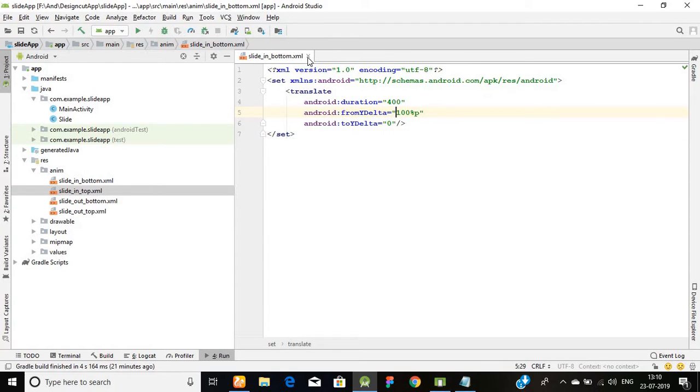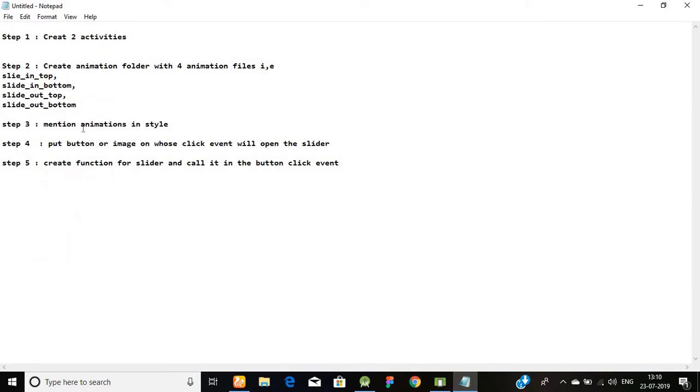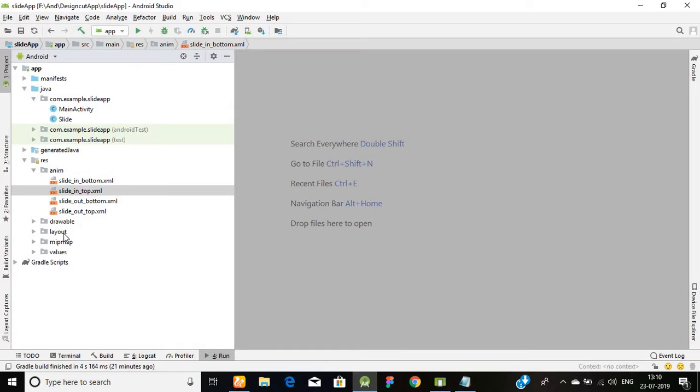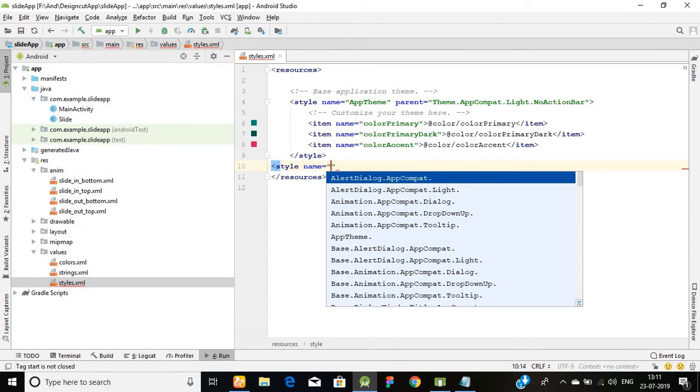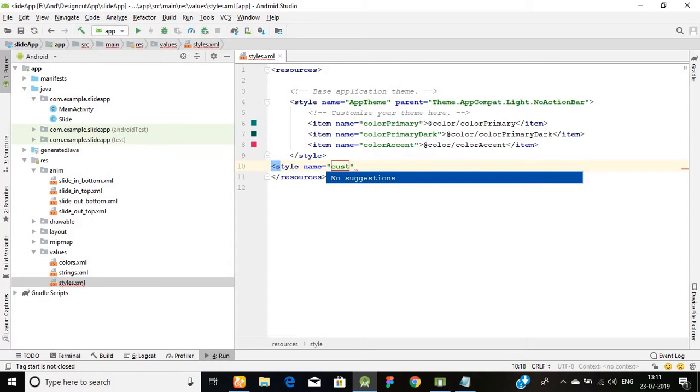The next thing that we have to do is follow step number 3. We have to mention these animations that we just created in our slide style. So I'll open my style, and here one by one I will mention these. So what I have to do is create a new style tag, and in here I will use some text that will be the custom activity animation name,